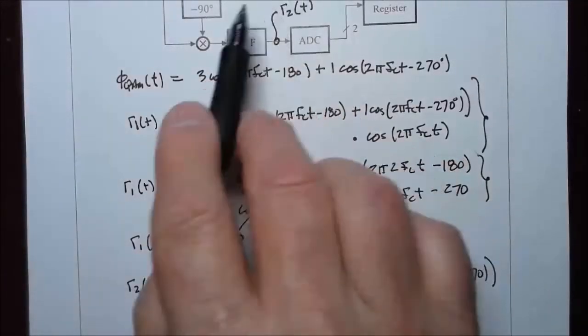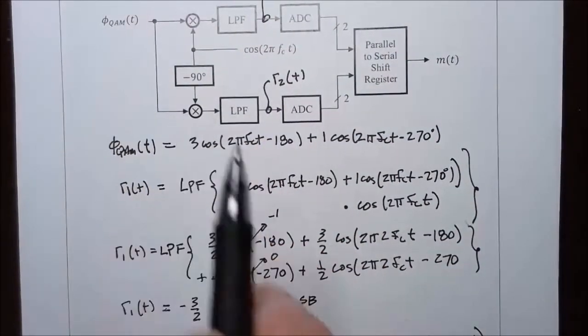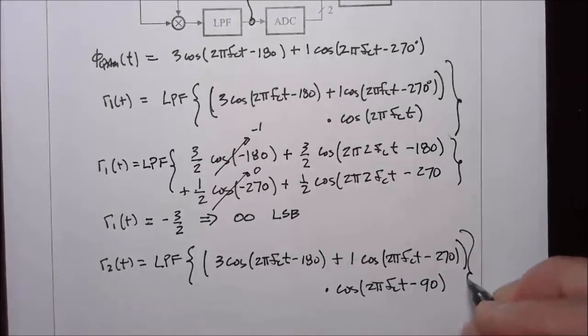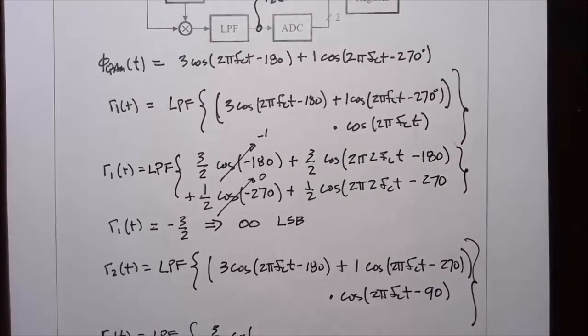Here we're multiplying by the phase shifted version of the carrier, and that makes the signal the low pass filtered version of cosine times a cosine. It gives us 3/2 cosine of the difference of the angles, which is minus 180 minus a negative 90, so that ends up to be minus 90 degrees,